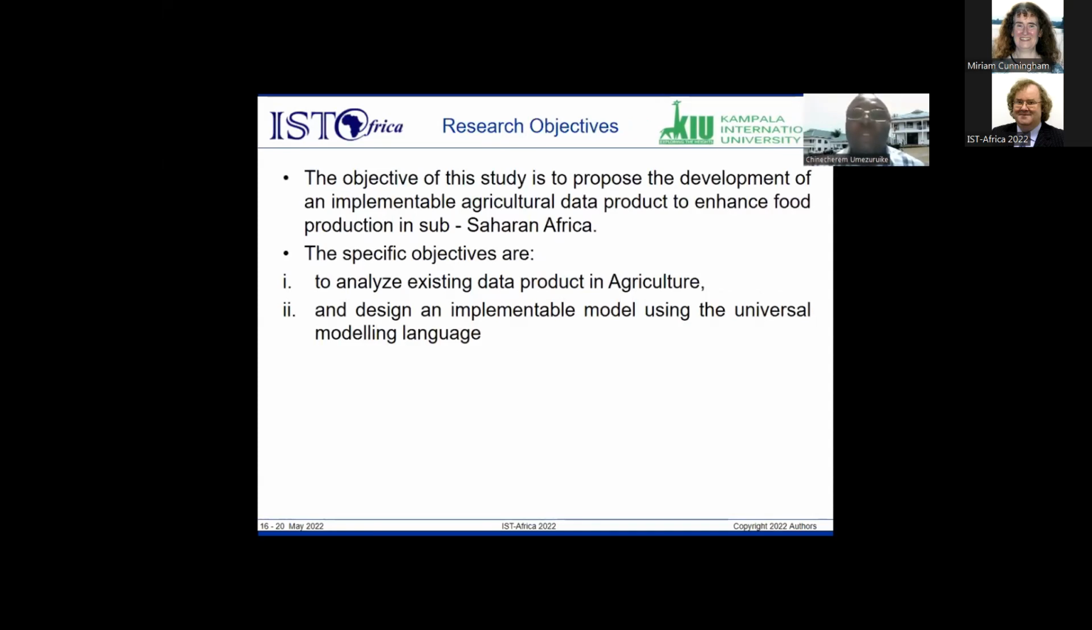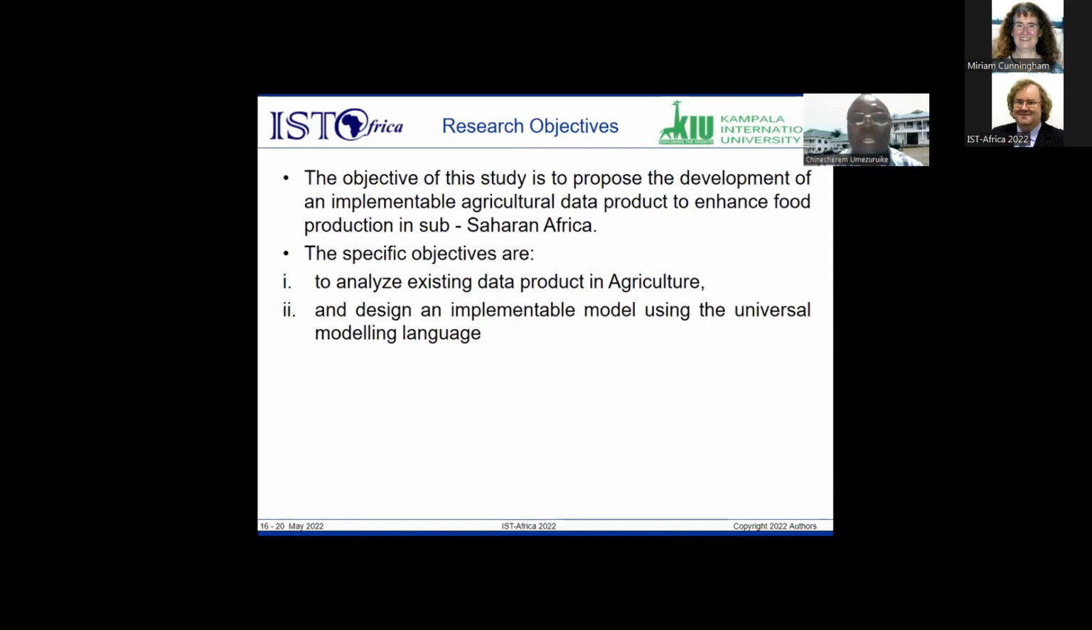The main objective of this research is to propose an implementable agricultural data product that will enhance or boost agricultural production in Sub-Saharan Africa. The specific objectives are to analyze existing data products and to design an implementable model using the Unified Modeling Language. In analyzing the existing data products, we checked reports from the internet,